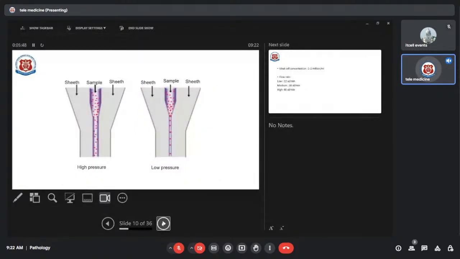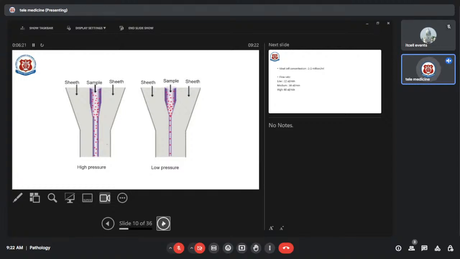So this is just an example of what happens if you change the pressure in the sample tube. If you want to acquire the sample fast and increase the pressure, or increase the intensity of acquisition to medium and high, then you will get multiple cells passing at a time. But this should not happen, because if more than one cell passes through at one time, it will be counted as one cell,